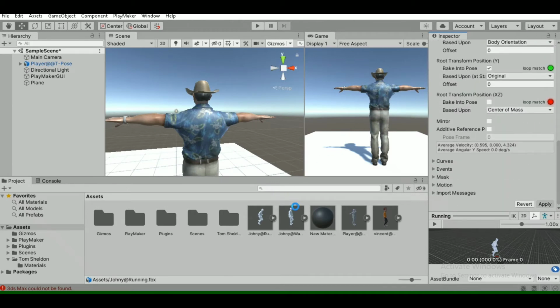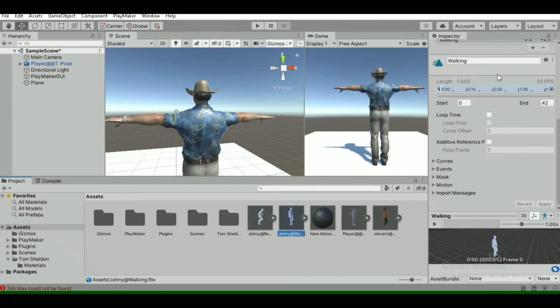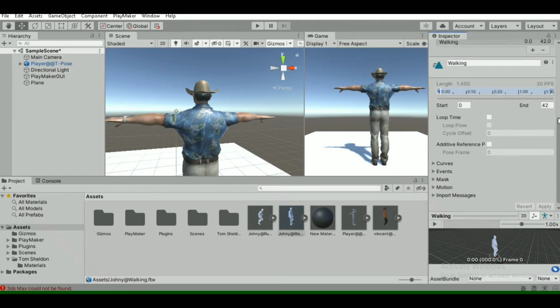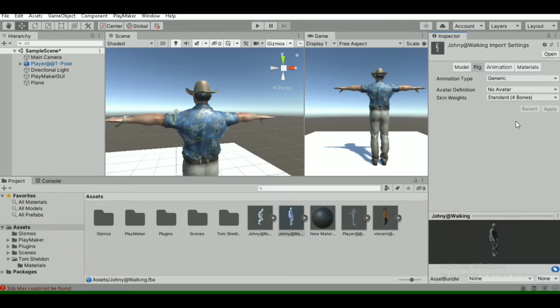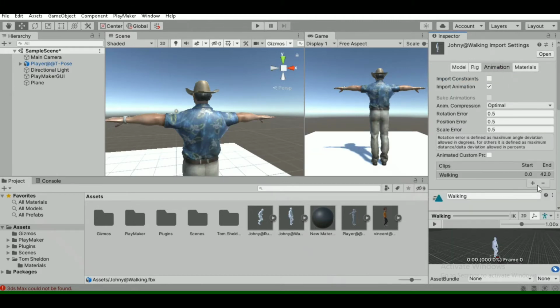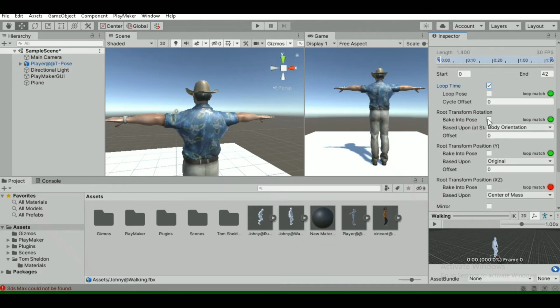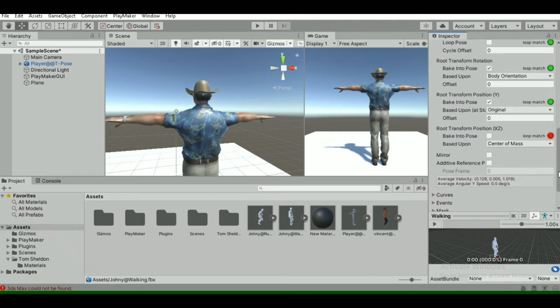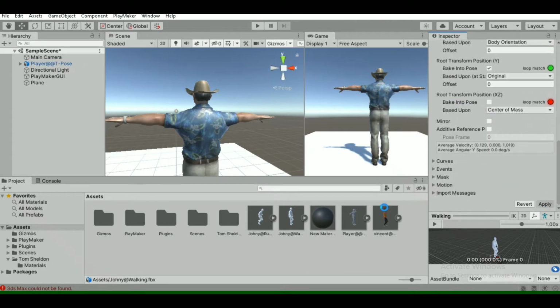You have to do the same thing with each and every animation you have imported. So we are done with the settings.